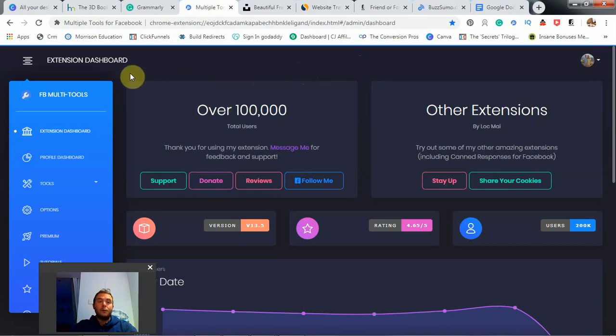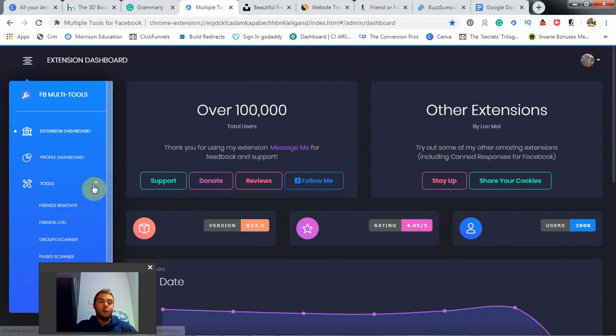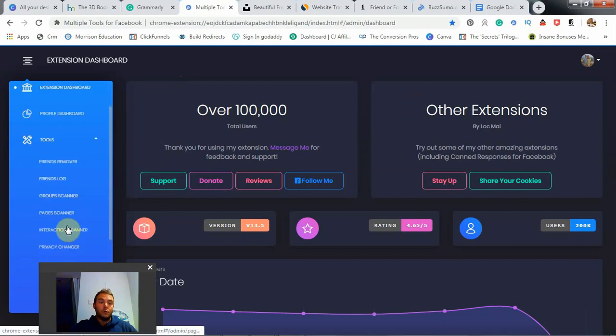We all know it's powerful, but most of us just use it for consuming content rather than creating. You need to change that, become a creator, and really start pushing your brand out there, and this can work wonders. But in doing that, there's techniques you have to use to boost your engagement. And you've got to thin out people that are not engaging with your content. This is where this comes in, because you can use it to remove friends. You can look at it like an interaction scanner,